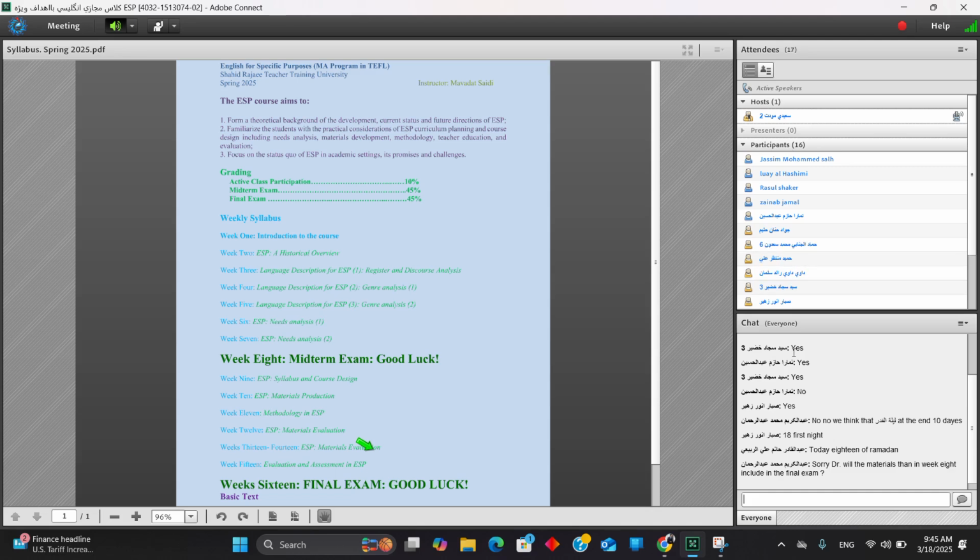As regards midterm exam, if the classes become face-to-face after Ramadan, it means if you come to Iran and you have face-to-face classes, the 8th week we will have the midterm exam, and what is included in the midterm exam will be omitted from the final exam. It means if you have face-to-face classes after Ramadan, up to needs analysis will be part of your midterm exam. After midterm exam, you study some parts like course